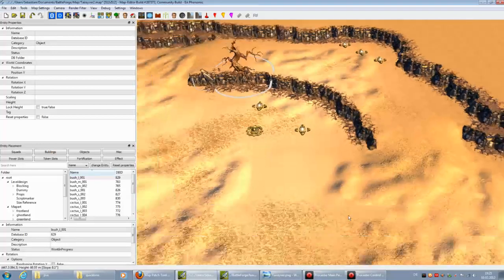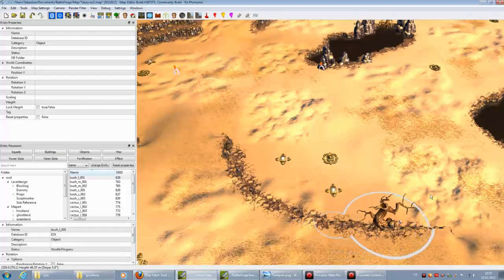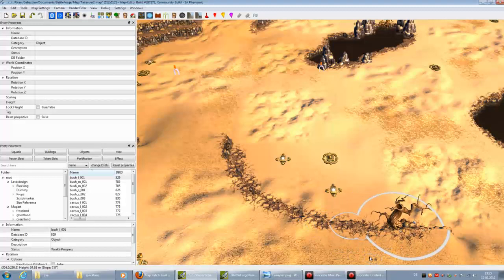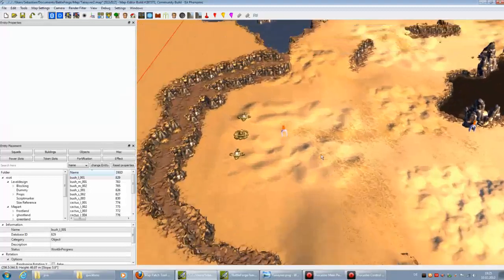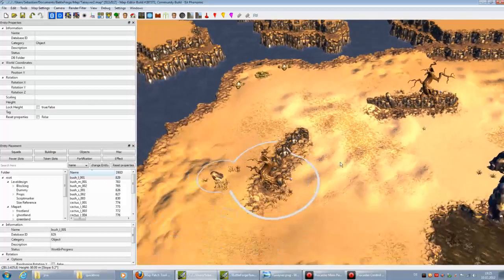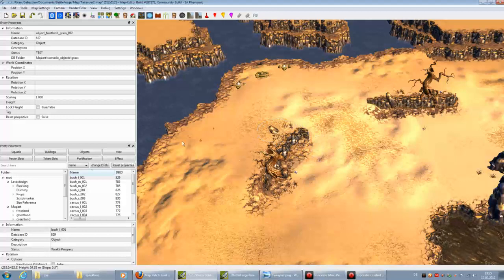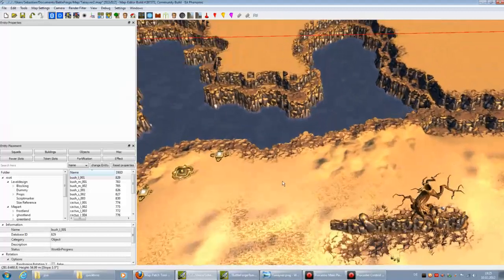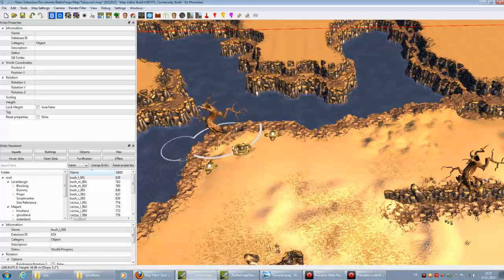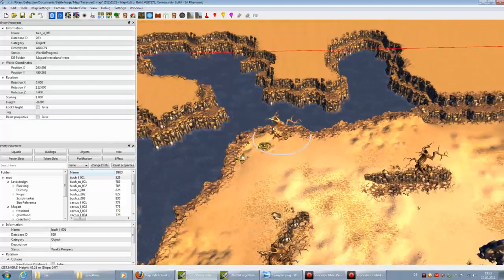It's a little bit cheating, but that's how you can create a map and decorate it fast, because I simply don't have the time and I don't want to decorate maps piece by piece. So I just copy some objects from other maps and paste them into my